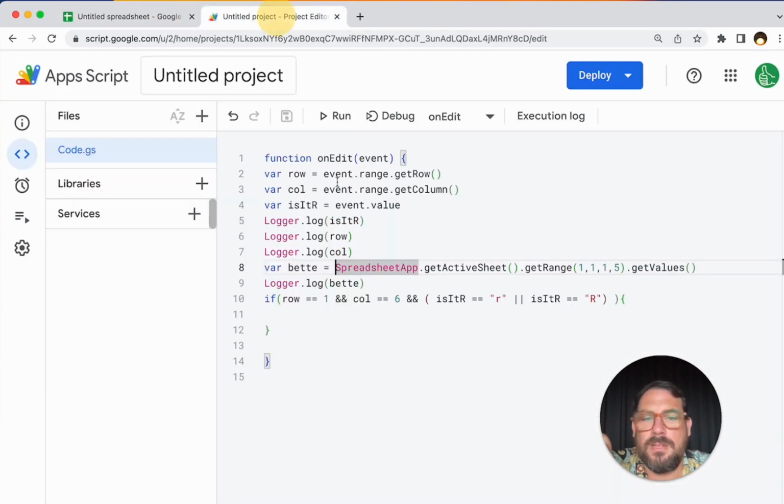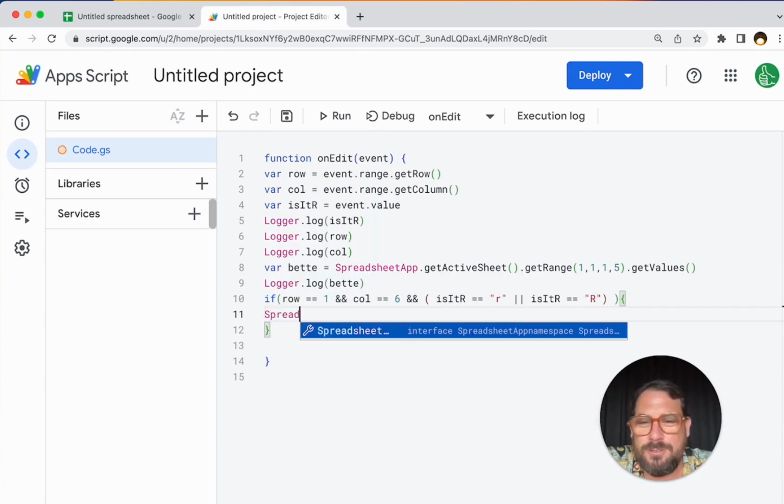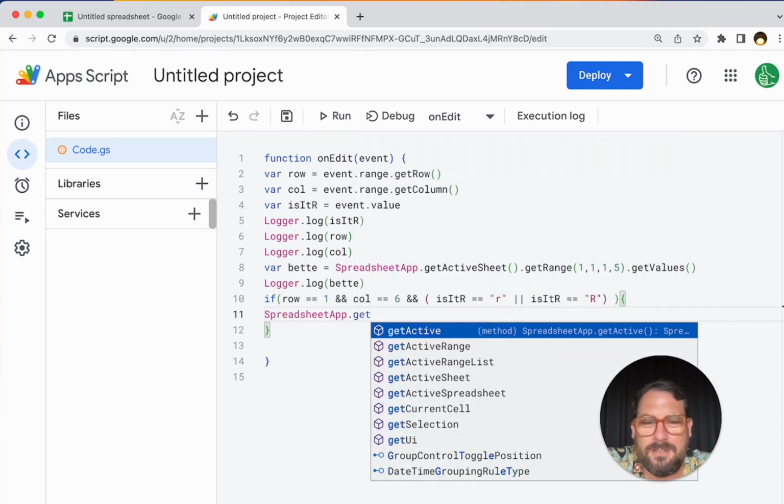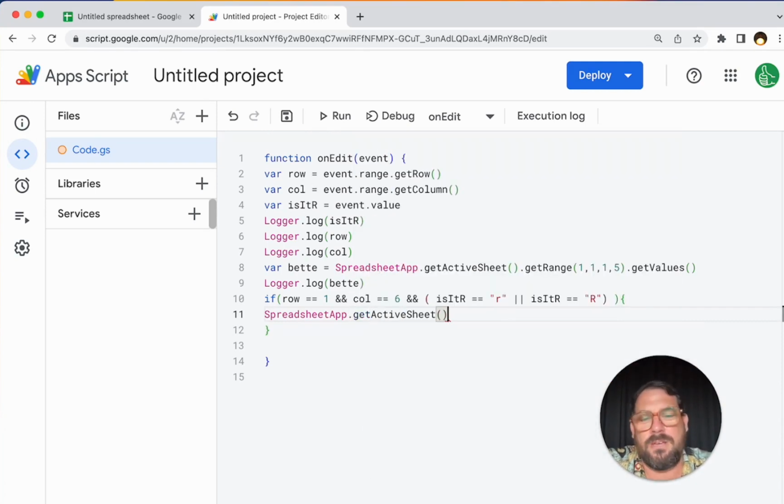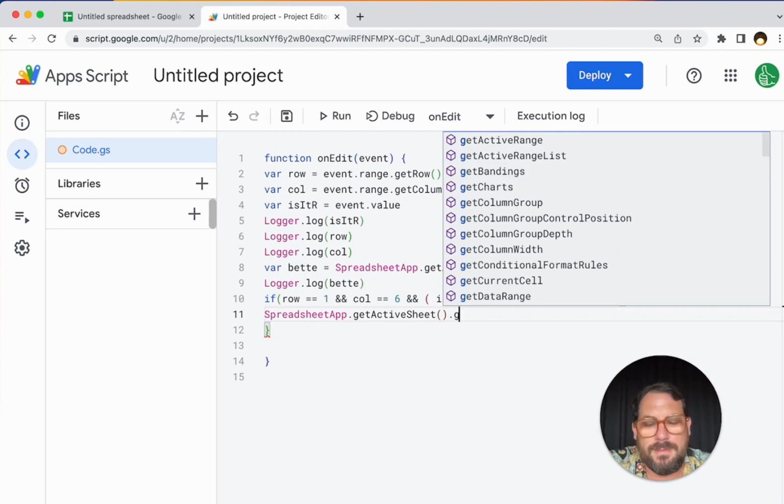But before we get back, let's do something, because we want to see some action here, right? We're 10 minutes into this video. We're like, let's see something go on. And so we're going to do SpreadsheetApp.getActiveSheet. I think we can do it with active sheet. Get